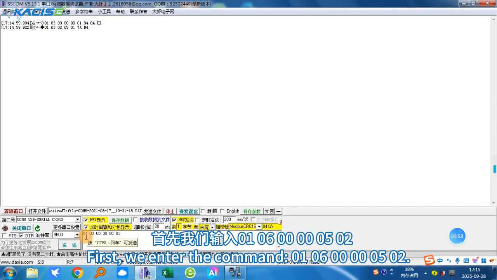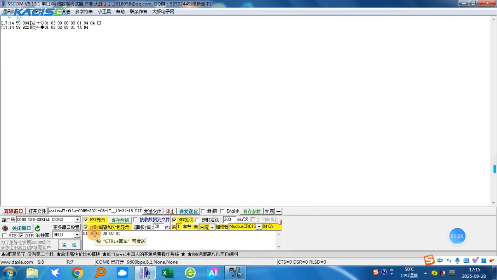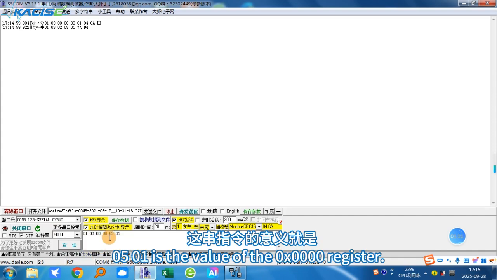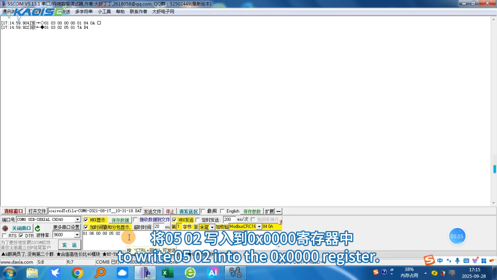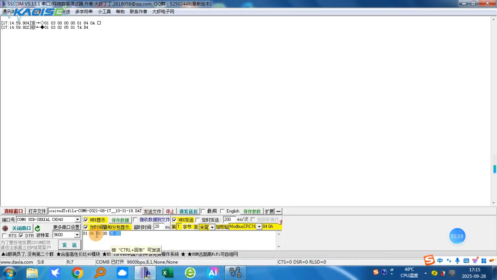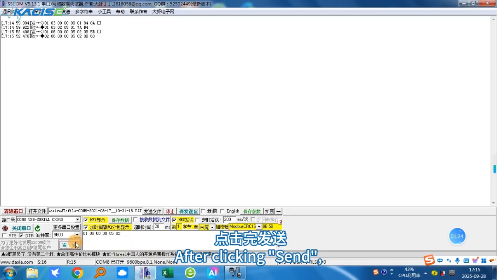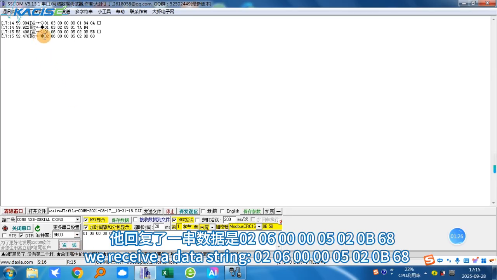First, we enter the command 01 06 00 00 05 02. 0501 is the value of the 0x0000 register. To write 0502 into the 0x0000 register, click Send. After clicking Send, we receive a data string